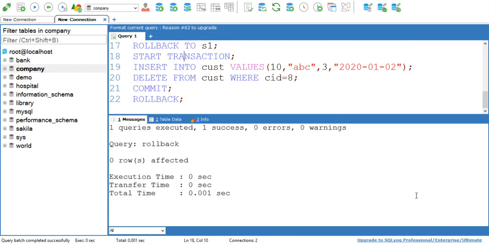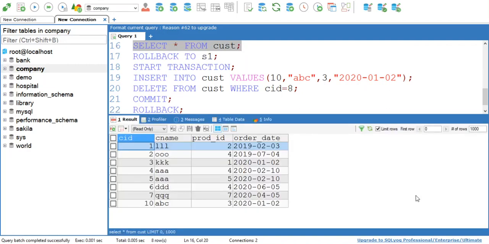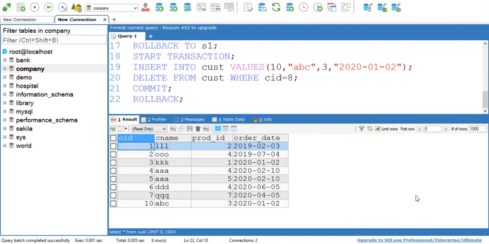Rollback is executed successfully. Now we'll see whether it has some effect or not. So select. Even after executing the rollback command, the changes done by the above transaction have not been undone.